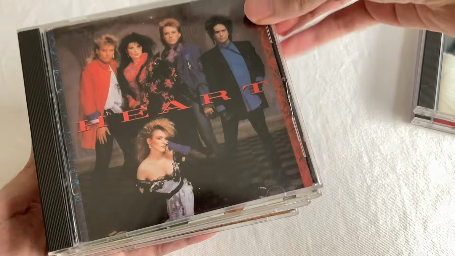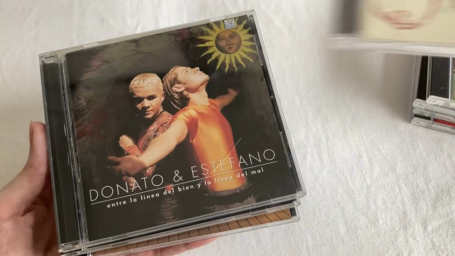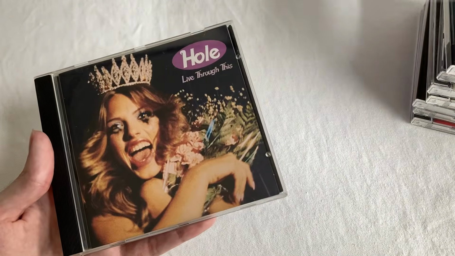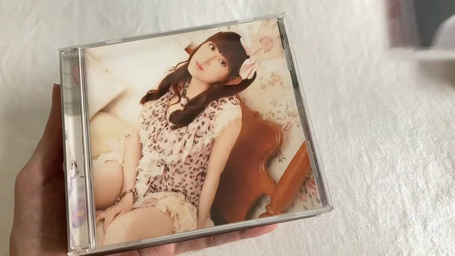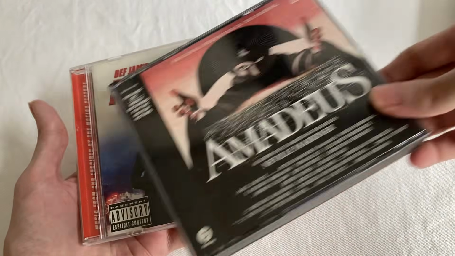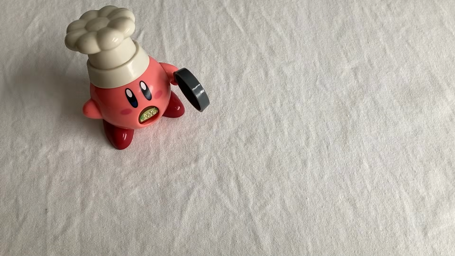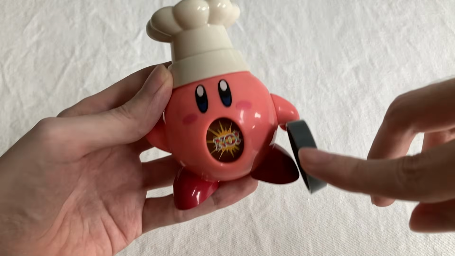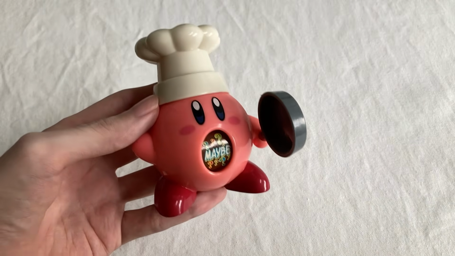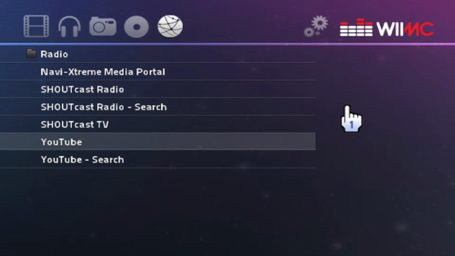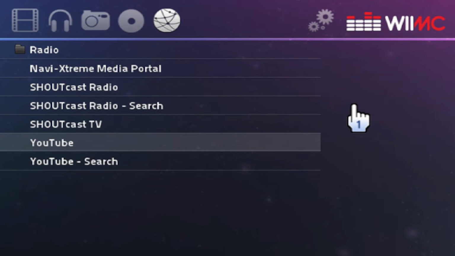MPlayer doesn't offer this, so I consider my options. Adding more stuff to MPlayer is quite risky, especially now that it's in a stable state. There were other pending issues as well, and so I eventually settled on a much more interesting solution. What if we could run WiiMC on the GameCube? WiiMC is like this huge graphical application for the Wii. It has no chance of being possible on the GameCube.